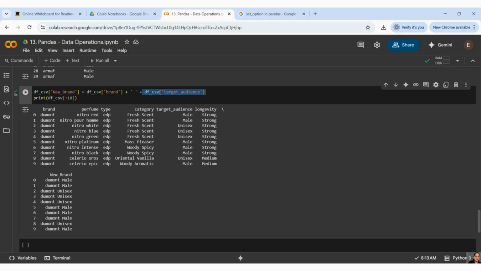This is how my new brand looks. You can see one more new column has been created. It has added Dumont plus mail, then Dumont plus mail, like that, and it is giving me a new column. So this is how you can create a new column.